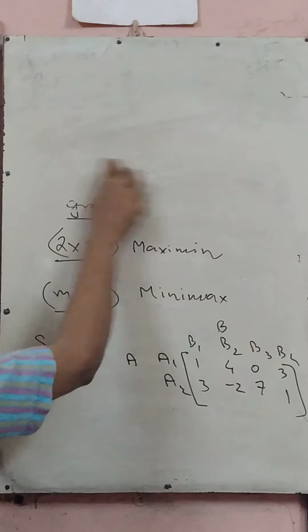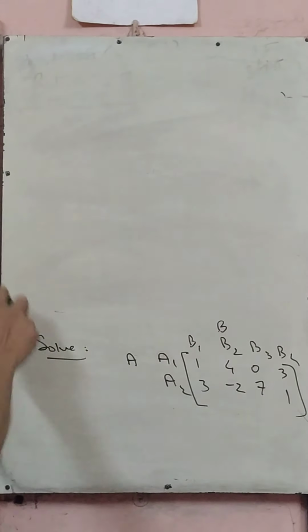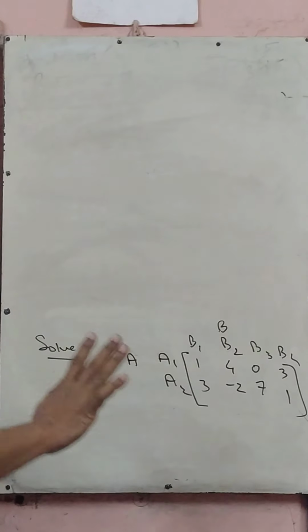We will apply dominance. No, I am not telling you to do dominance, because sometimes maybe you will be thinking that if you want, you can apply dominance if it is not mentioned. But in most cases we have seen that the question has mentioned use graphical. Therefore, if the graphical method is clearly mentioned, there is no problem. There is no question of seeing whether it is a mixed or pure game. But if graphical is not mentioned and it just says solve the game,